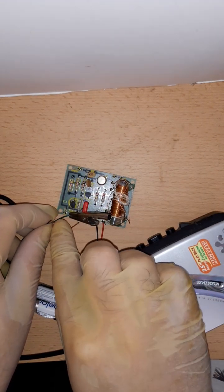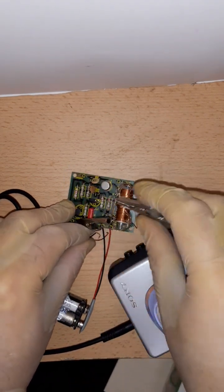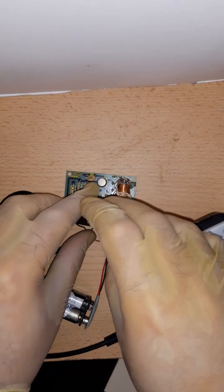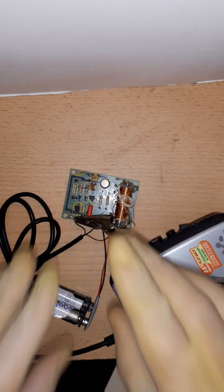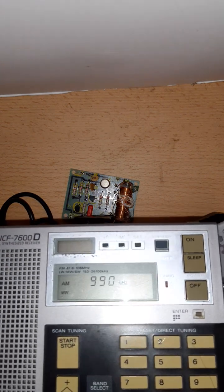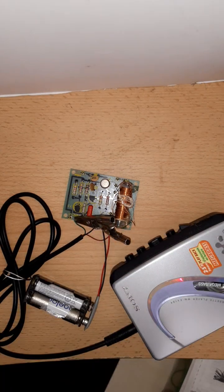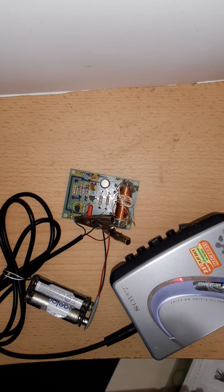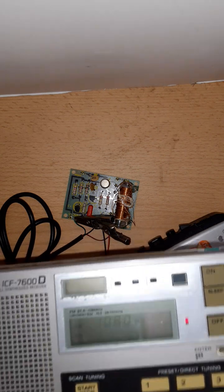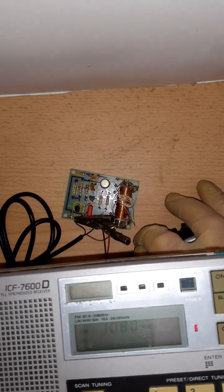Now let me change the ground. This is the ground from the cassette player, and this is why I'm using these alligator thingies. Let's change. Now it's where it's usually, like on ground. So the first thing you will see is the signal is sort of gone, and it changed. I will give you the new frequency, and let me just adjust it here. So it changed from the old to this one, but listen, it's still a bit